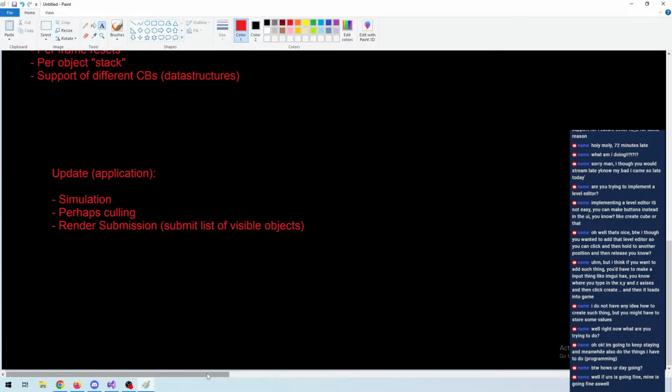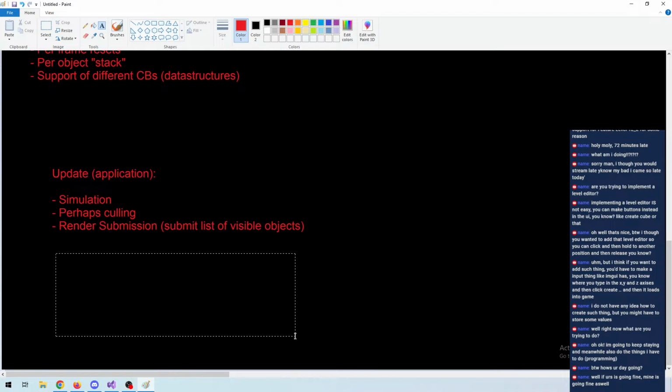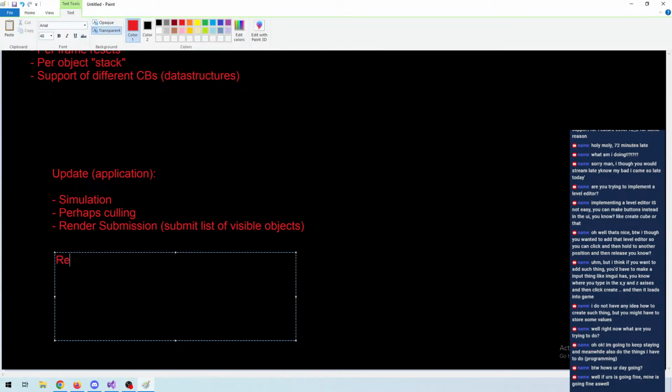And this step, render submission on the renderer side, needs to